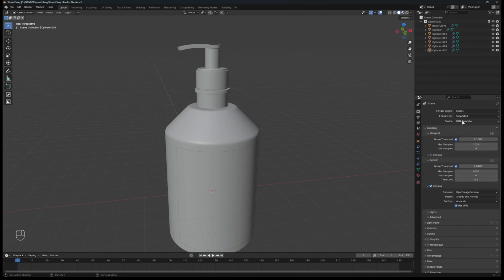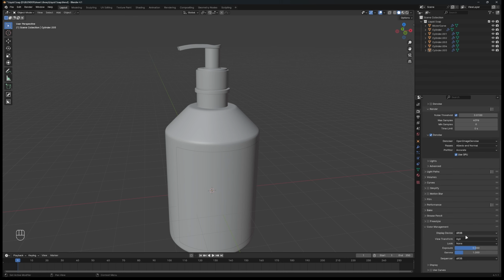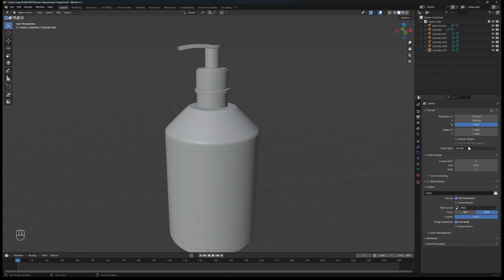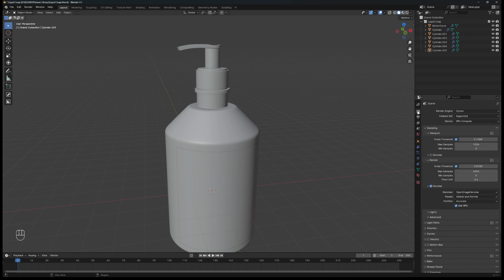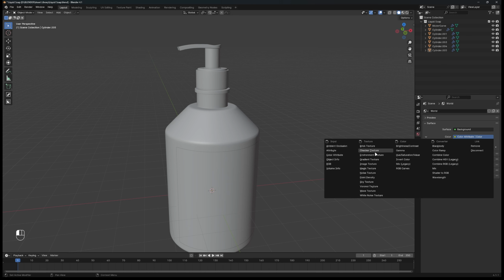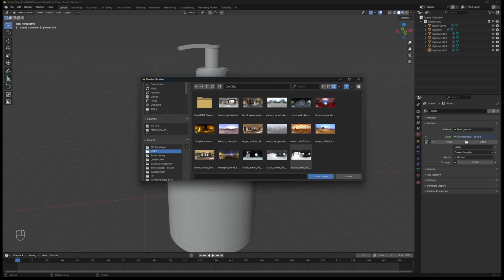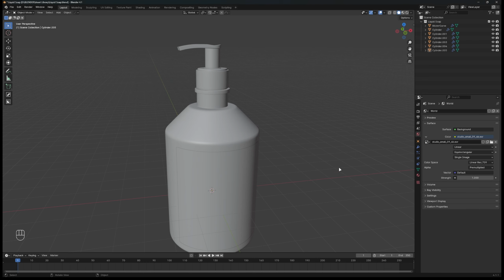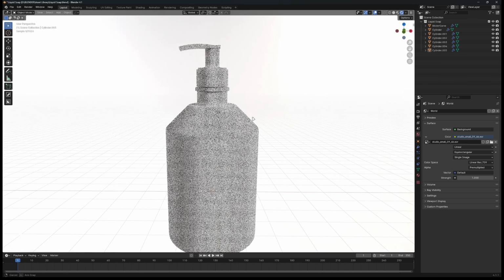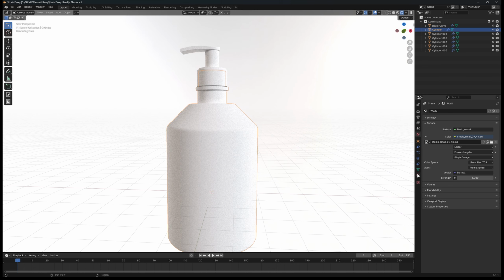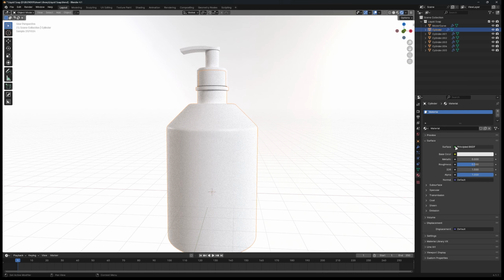Congrats! In the render option, change the render engine to Cycles and change the device to GPU compute. On the denoise panel, I check the GPU usage too. These sections really depend on your computer performance, so be careful with it. Maybe I'll create some render settings video later if needed. So what do you think, guys? Let me know in the comments. In world settings, I change the color to environment and add HDRI there.